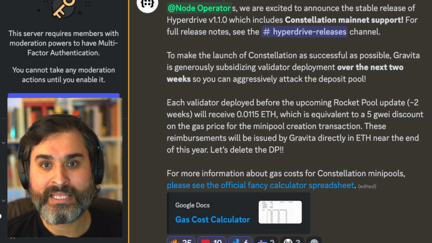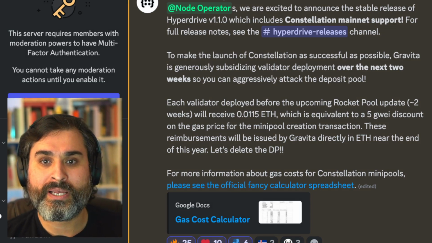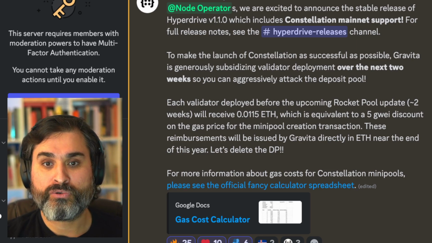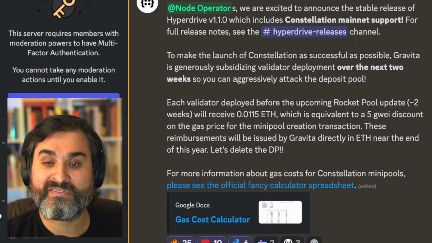And then right then, this is the Hyperdrive version. So Wanda says we're excited to announce the stable release of Hyperdrive 1.1.0, and this includes Constellation mainnet support. And it has full release notes on their channel. It says, to make the launch of Constellation as successful as possible,